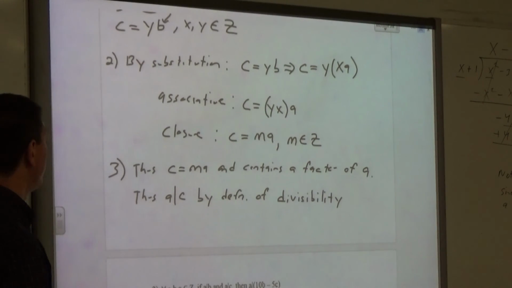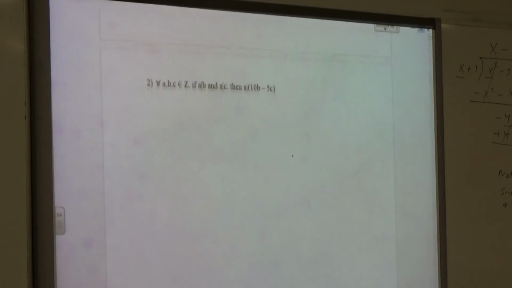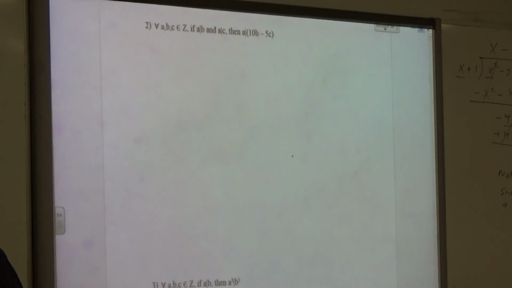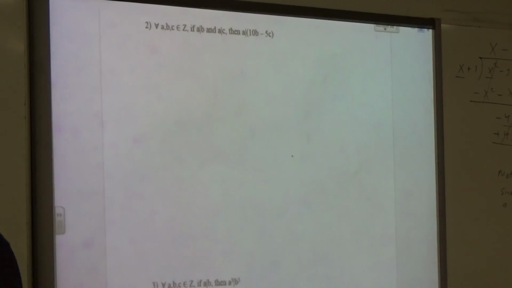Regardless. Okay. Guys, any questions I can answer for you all about how we're going to approach this divisibility stuff? I know it's a little bit different than some of the other ones that we've seen, because the substitution isn't as obvious, okay? Hopefully after we do another example, it'll be a little bit more obvious for you guys. Okay? So let's tackle another one. Okay. So, for all A, B, and C integers, again, if A divides B and A divides C, then A divides 10B minus